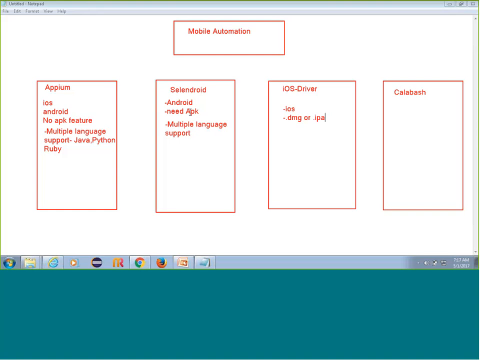So look, Appium is used for iPhone and Android. It means APK is supported and IPA is also supported. But in the case of Android, only APK is supported, meaning it is only for Android. Similarly, the iOS driver supports only IPA, meaning it is only for iPhone. Now, if I come to Calabash,